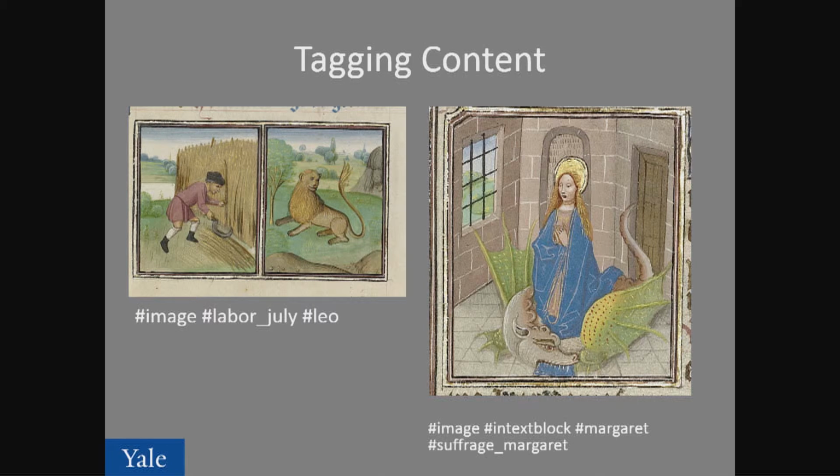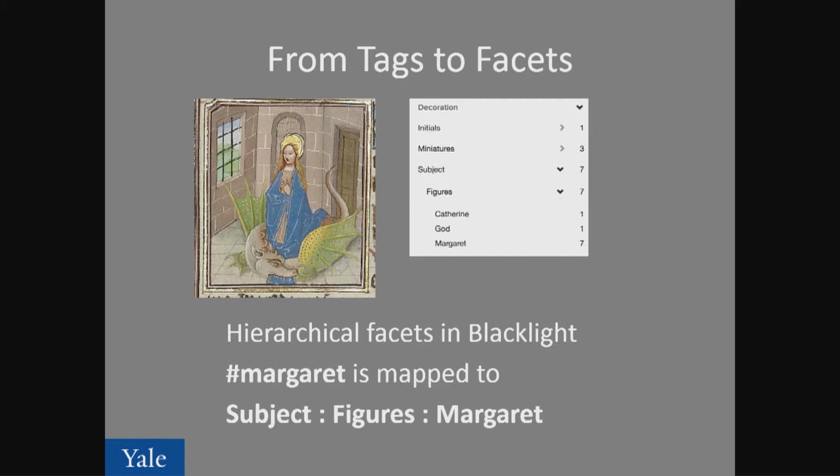So these are great for shorthand, and we have autocomplete and so forth that we built in to assist them, so that when they create a tag, if they go to reuse it, they use the same tag over again. But as far as human readability, this is very terse. So what we did is we built another piece of software that I'm not going to put up on the screen, but it essentially is a simple mapping database that maps the tags to a location in the hierarchy of the faceted search. So basically when they enter an annotation or when we reindex the annotations, every time we see Margaret, we associate that image with that particular facet.